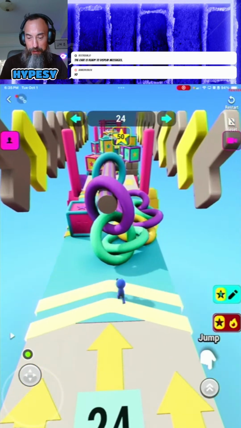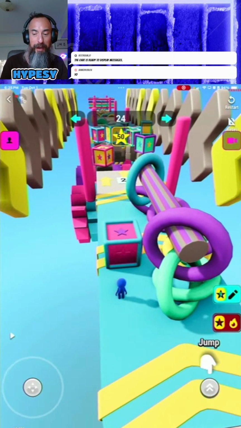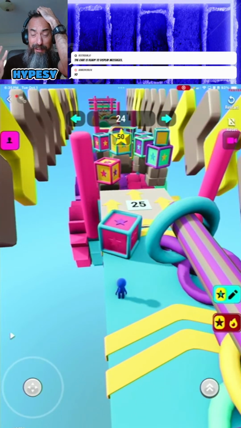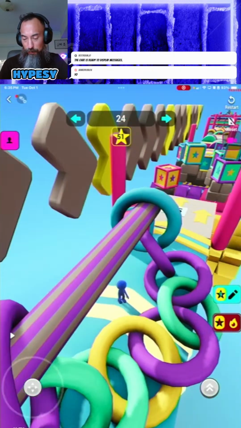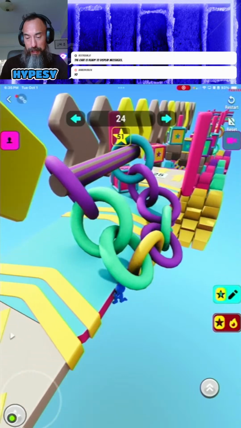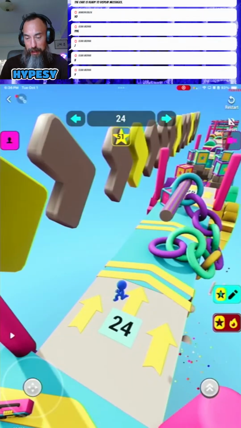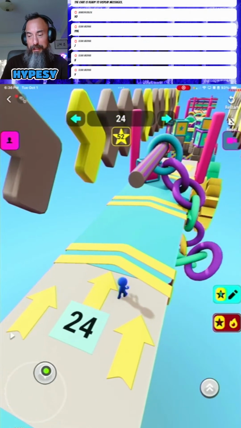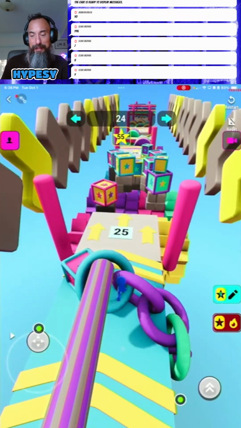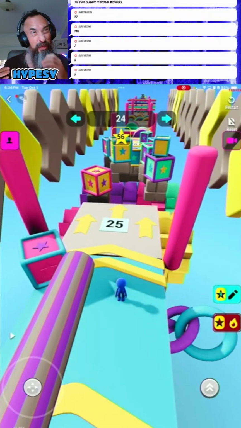So this puzzle, I put this box here because I'm like, oh, people will know to jump on it, but nobody jumps on the box. And here, this puzzle is pretty fun and easy. Oops, I went flat. So you knock one ring down, and then you knock the next. But I watched someone, and they did that for like 3 minutes.